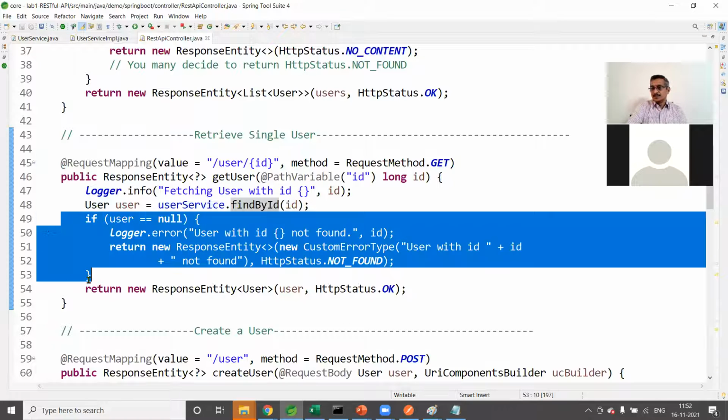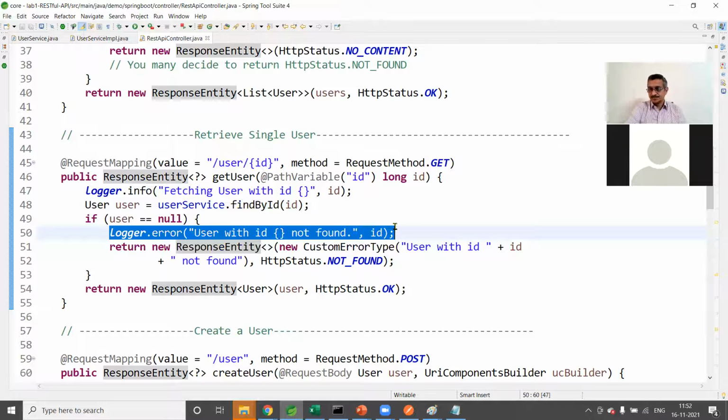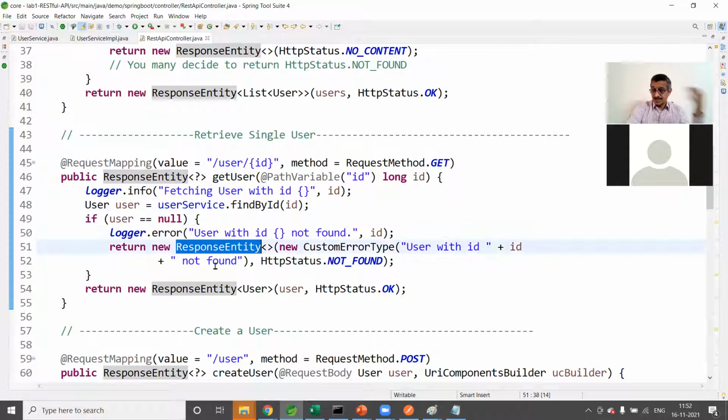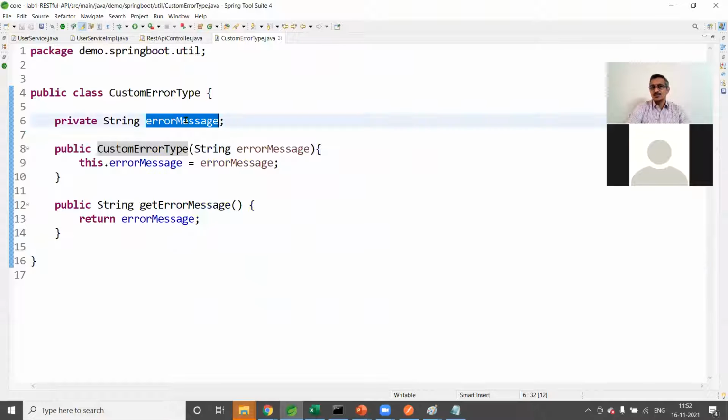If user equals null, then we are giving a message that user with ID is not found. This is the logger actually. But with ResponseEntity, we are giving a response back to the client with a custom error type. This custom error type is just one class, that's it. We are just using this class to store some error message.